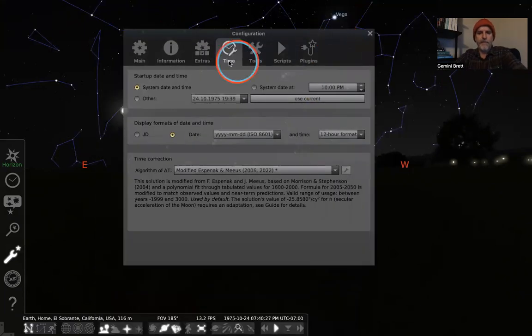All right. So system date and time, display formats of date and time. Julian date. Look down here. It's currently 1975, October 24th. That's when I was born. As I click that, now it's saying JD, Julian date, 2442710.61, whatever. You can see here, right? So we're seeing